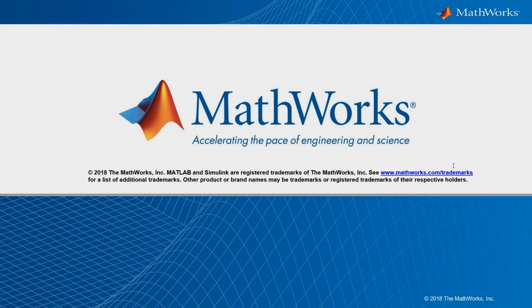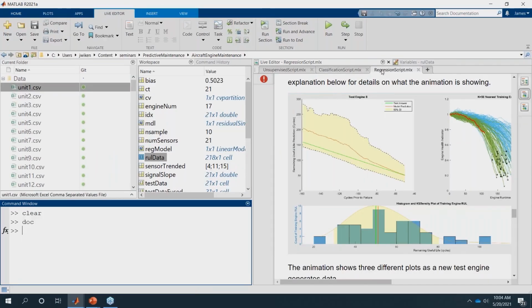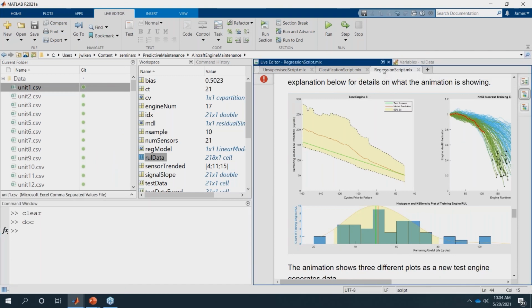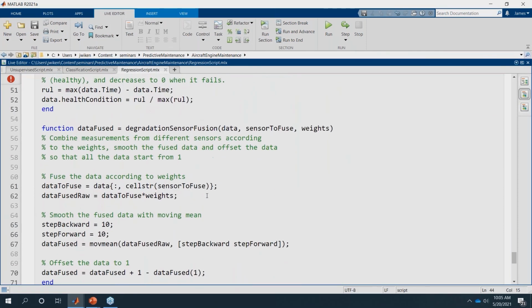We have a question asking if the plots are just from MLX, or can be generated by scripts. The plots we did here? They are interested in the animated plots. How are the animated plots generated, just from the live script, or can we generate them from scripts? You can generate it from either. That's not something that's unique to the live scripts.